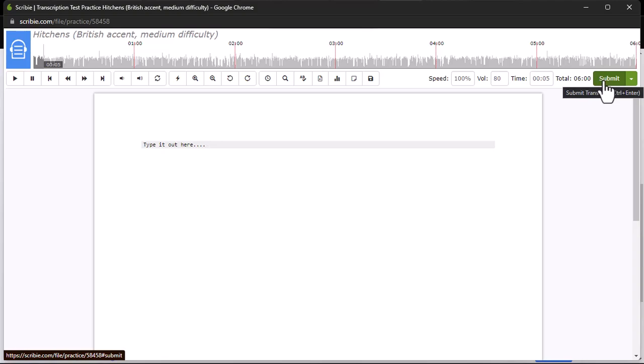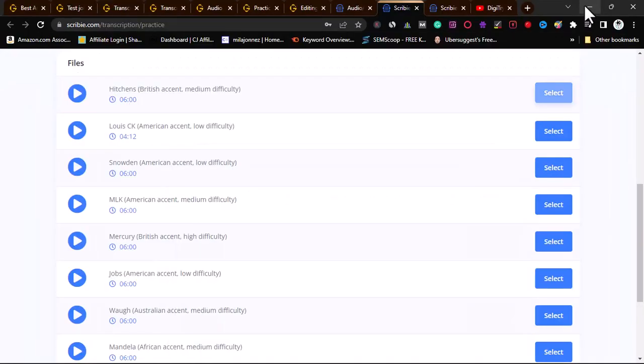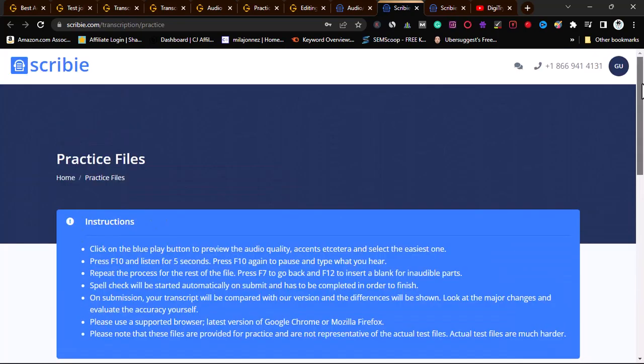So guys, this is what you need to do first before you apply for any of the transcription sites. Don't just go out there and pick one and apply. You may not be able to pass their test except you go through this. The essence of going through this is it will help you understand their guidelines, help you know what they require from you before you even go ahead to apply with any of them.